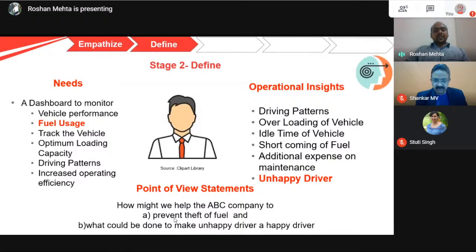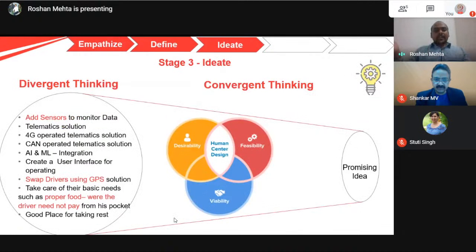So the point of view statements the team members, the design thinking consultants, crafted were: how might we help this ABC company to prevent the theft of fuel, and what could be done to make an unhappy driver a happy driver. Moving ahead, the team went to the ideate stage, where ideation is again bifurcated into two steps,